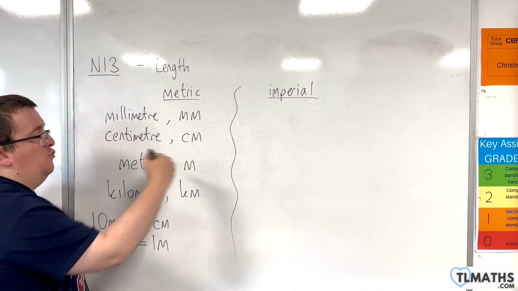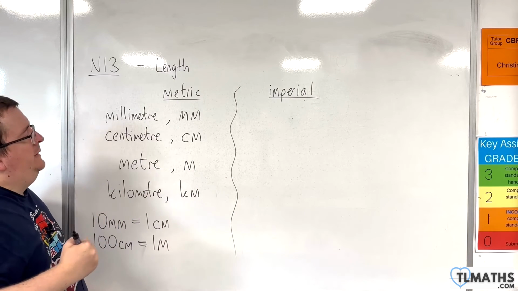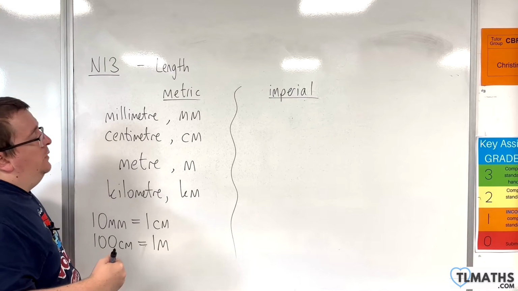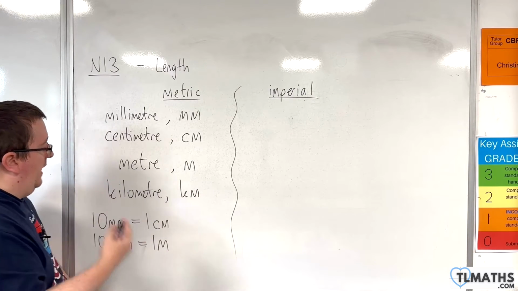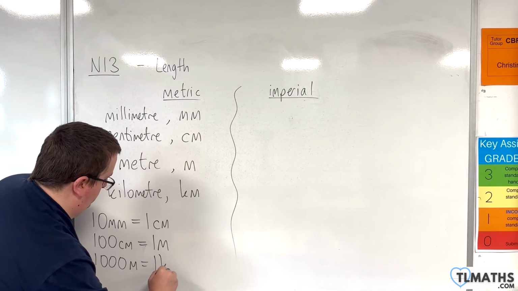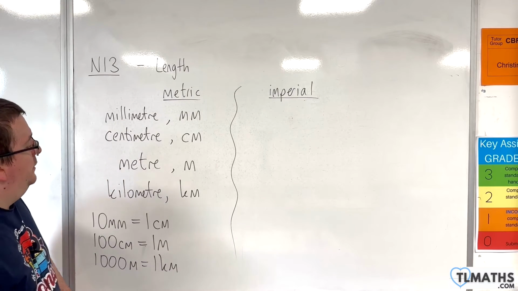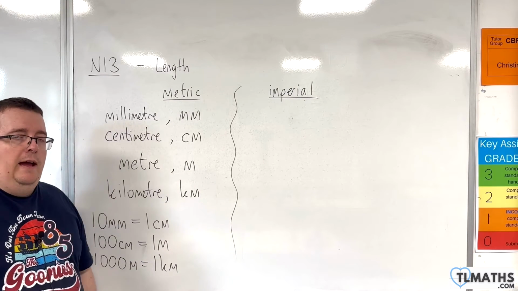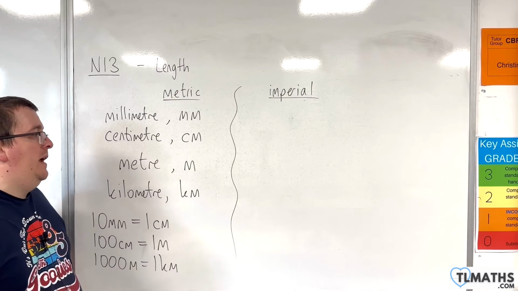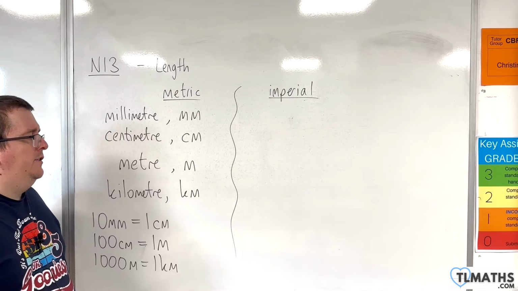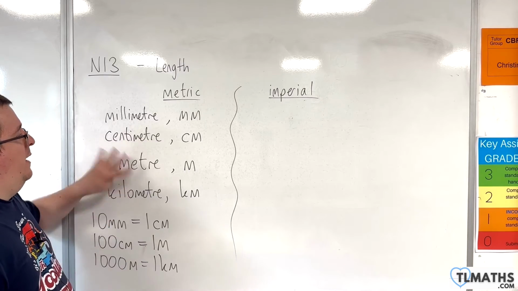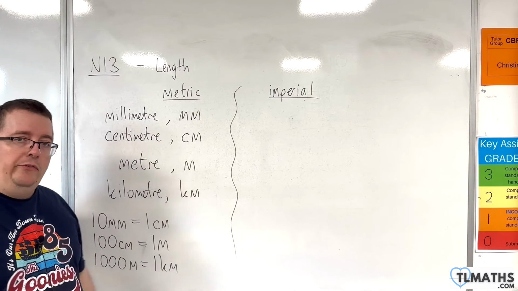And just as we had with grams to kilograms, there were 1,000 grams in a kilo, so there are 1,000 metres in a kilometre. So they're all pretty standard, always multiples of 10. As I said, there are other ones as well in between, and if you're interested, you can look them up online. But I'm not going to go into any more depth there, because these are the ones that